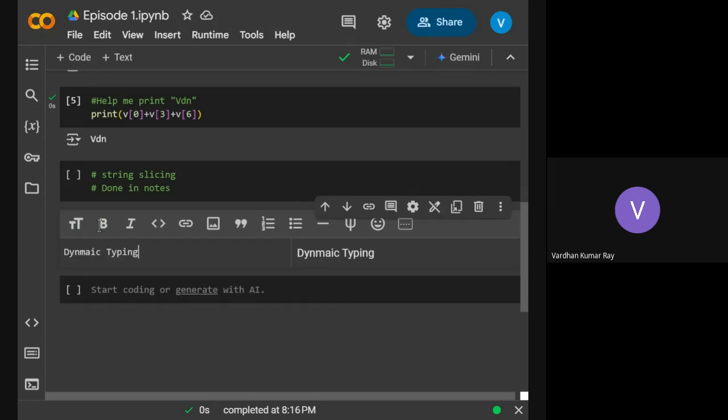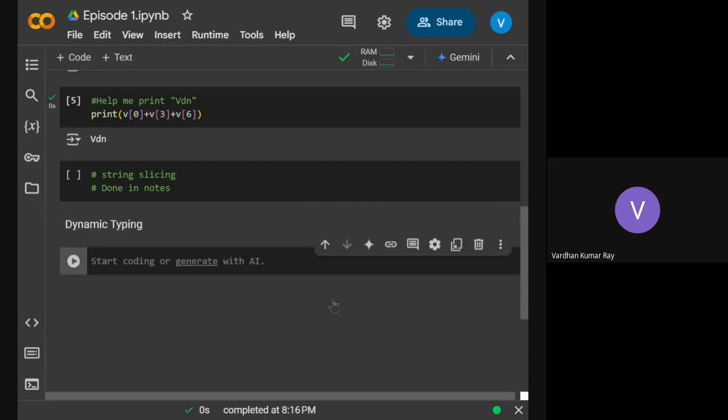Can you type it if you remember? Declaring and initializing A, B, C as 1, 2, 3 is not dynamic typing. If somebody remembers, I wrote A is equal to 10, then I wrote A is equal to Python, or hello, whatever.